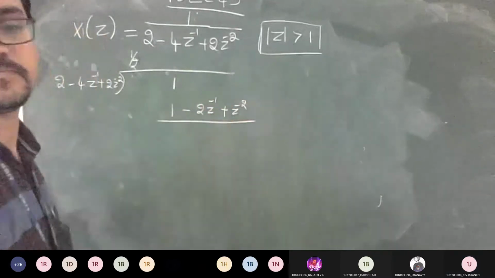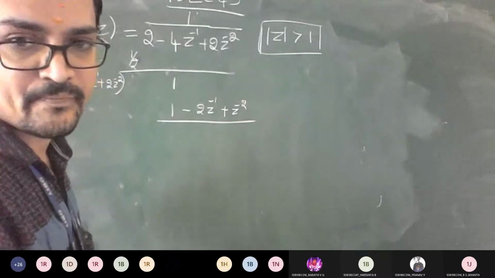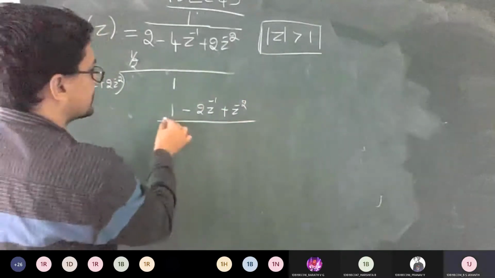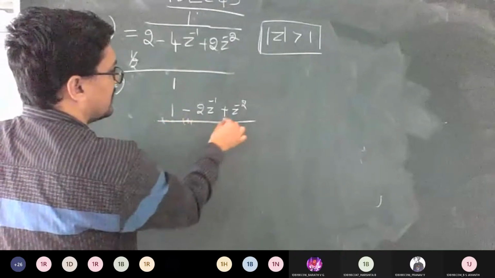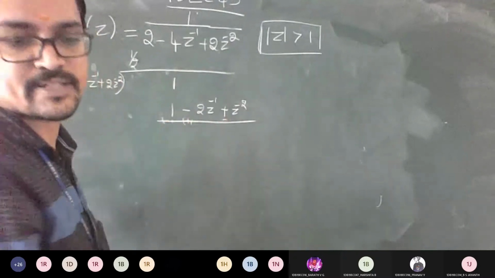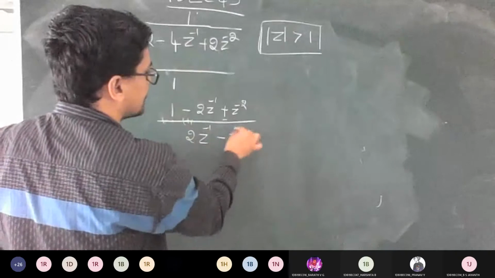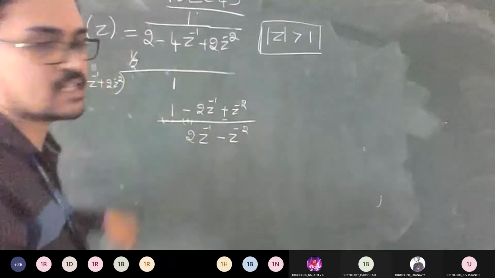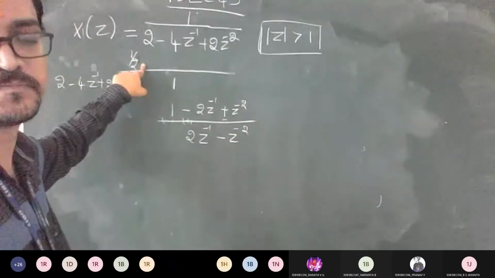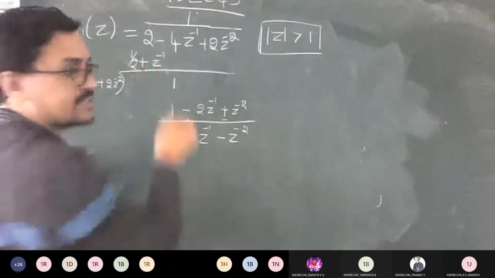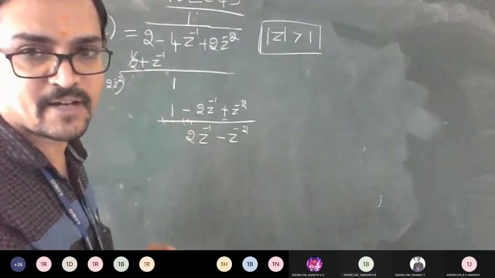Is it so? So this will get subtracted, this will get added, again this is minus. So what is the thing I should write here? It's 2 Z raised to minus 1 minus Z power minus 2. Okay, now tell me what value I should give here? Plus Z inverse, sir. Good. Z inverse. Others, understanding right what I am doing here? Is it fine?